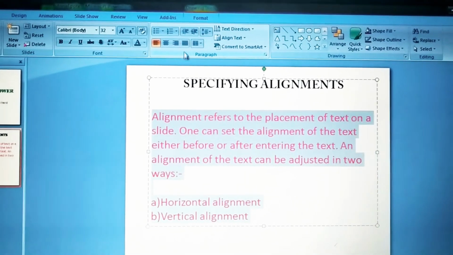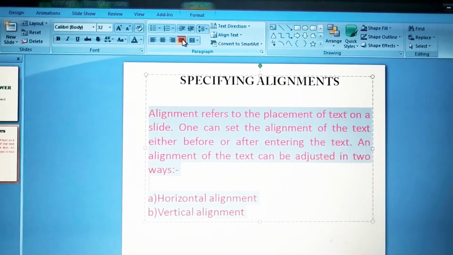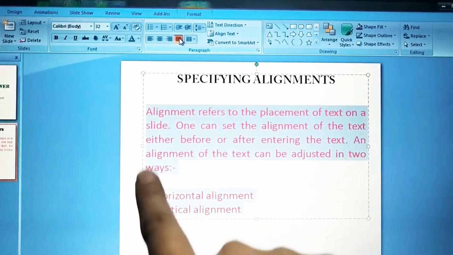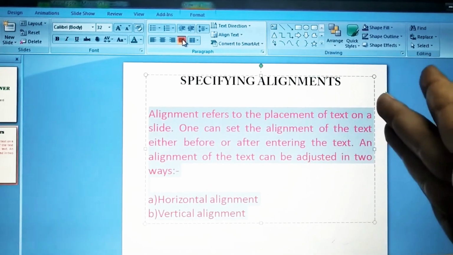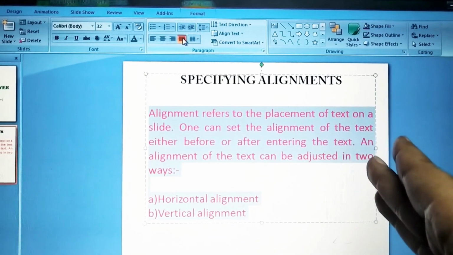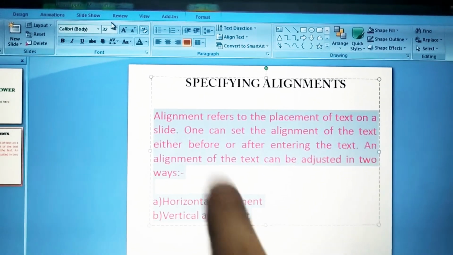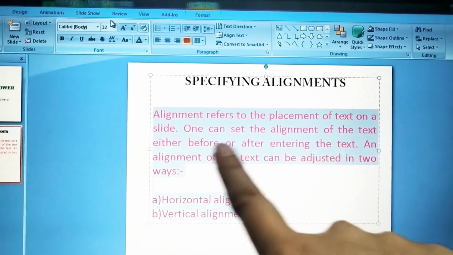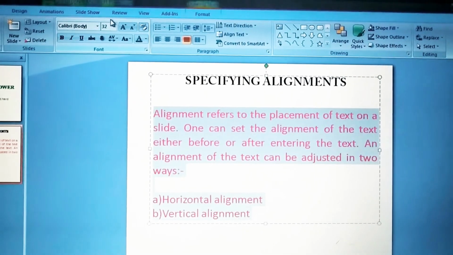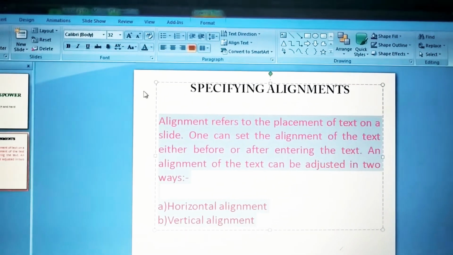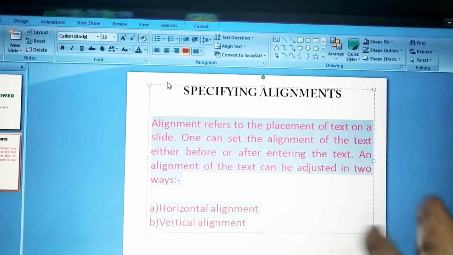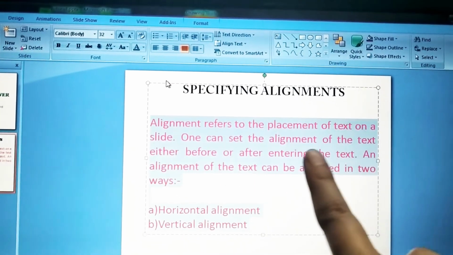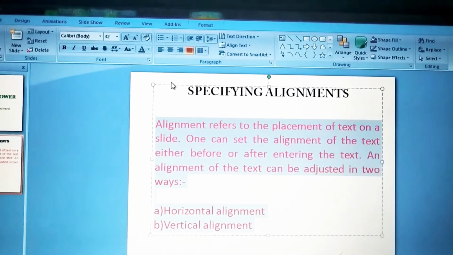When I click on justify, you can see these two lines on either side of the text have become more symmetrical and there is sufficient space in between the words. So this is the function of justify. It aligns the text equally between the left and the right margins and leaves sufficient space in between the words.